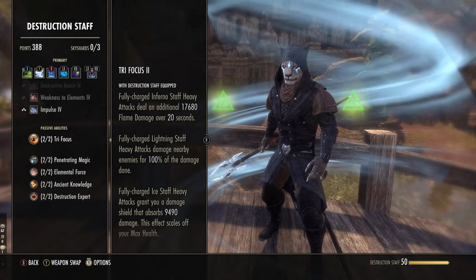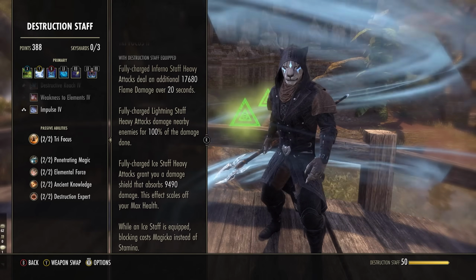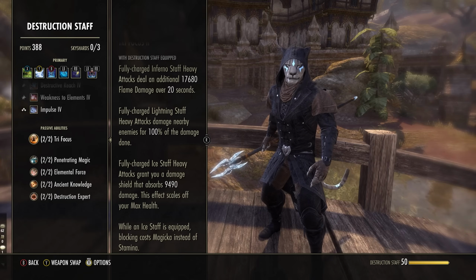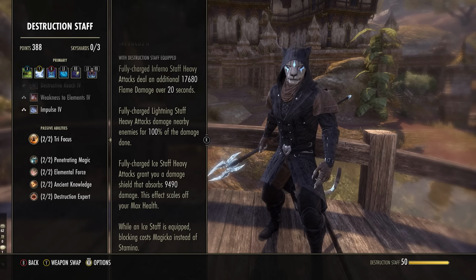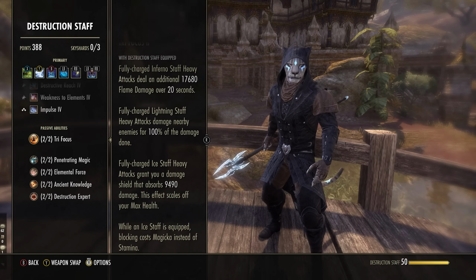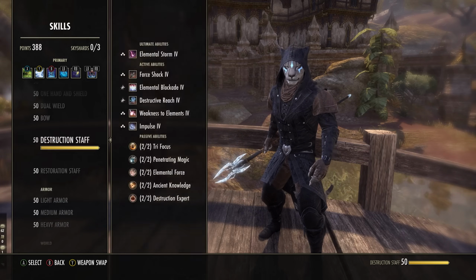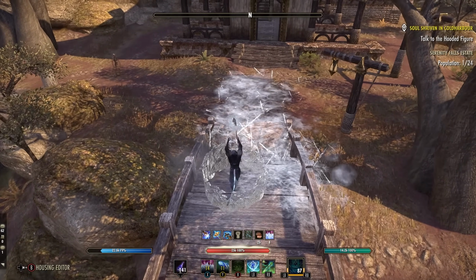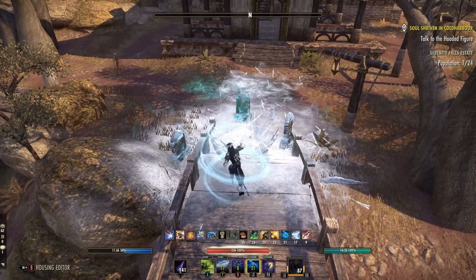Fully charged Ice Staff heavy attacks grant you a damage shield, scaling off your max health, but it also works with champion points. So yeah, heavy attacking, once you get used to that rotation in between your front bar skills, not only is it giving you a lot of magicka sustain, because as you can see with these abilities, they're pretty magicka draining. A lot of them are high cost, so heavy attacking in between those is going to be really